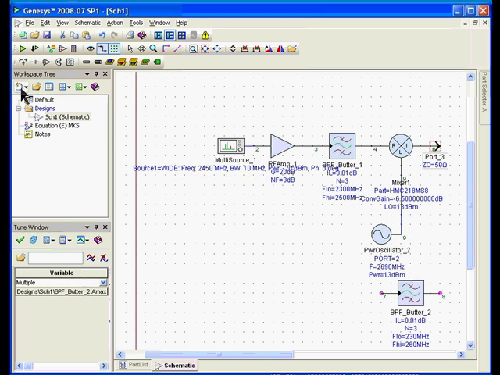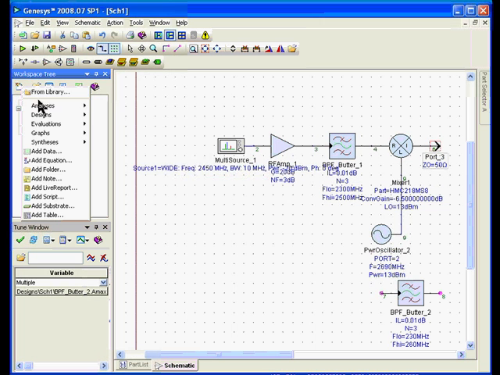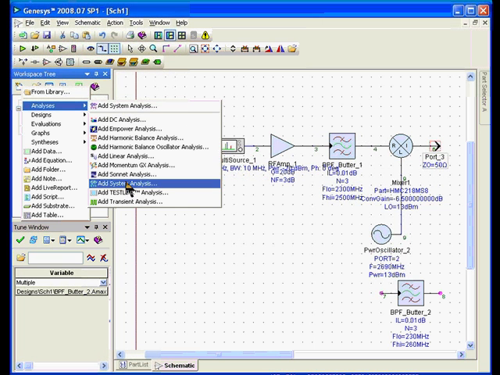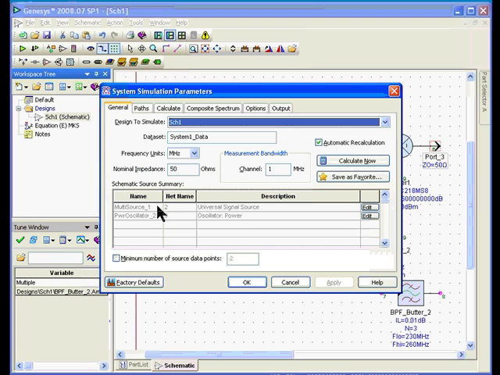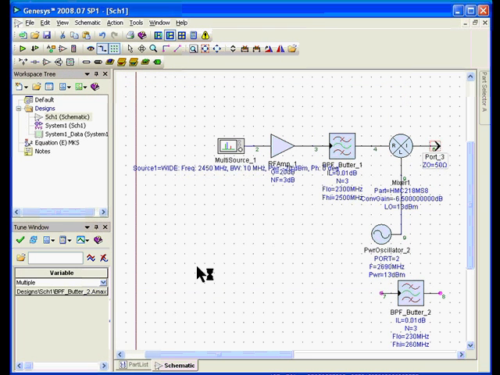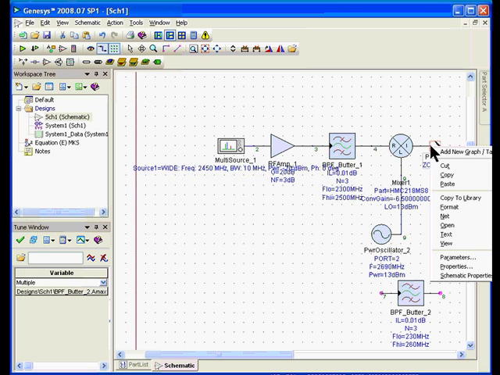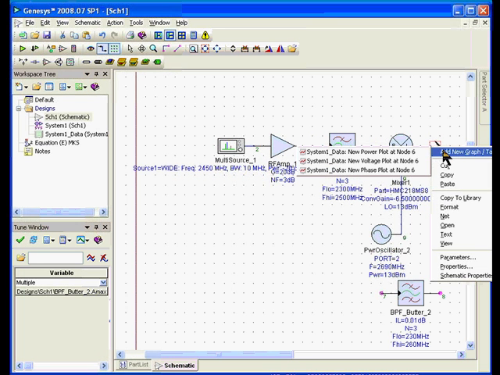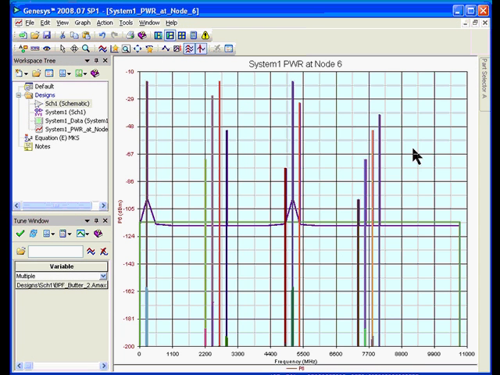So you go back to the workspace tree, New Item button, and under Analyses, pick Add System Analysis. I'm just going to use the defaults in the System Analysis. I'm going to click OK. It's already simulated. So we've simulated, and now if you want to look at the spectrum at any node, all you have to do is hover over a node, right-click on the node, and I'm going to look at our output spectrum, say Add New Graph or Table and New Power Plot. So it creates a